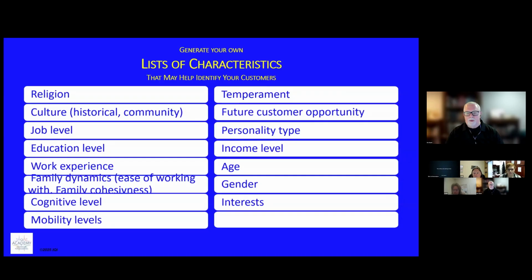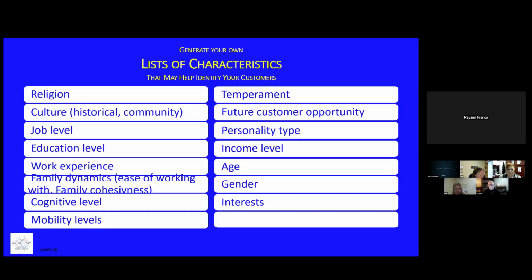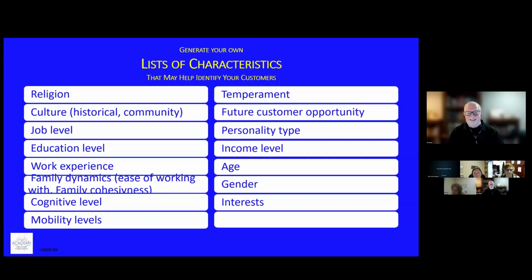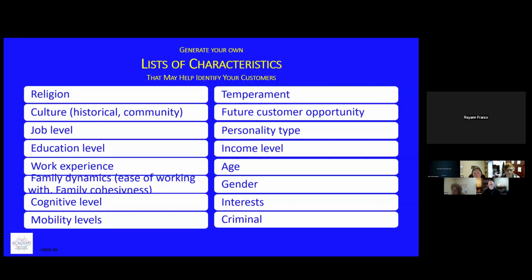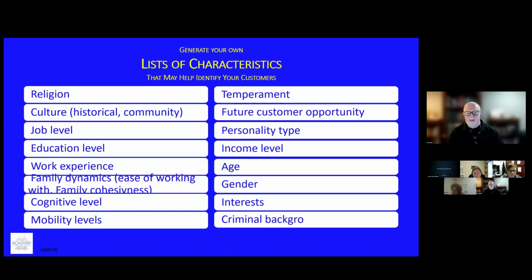I'll just take one more from the first room. We were talking about various backgrounds or histories, like criminal background. Oh, that's good. I haven't heard that one before, but it totally makes sense. I'm going to save this. I'll send this out if you want, and I'll also compile what you sent to me and share it all in one list.